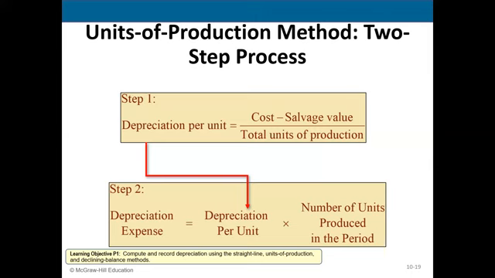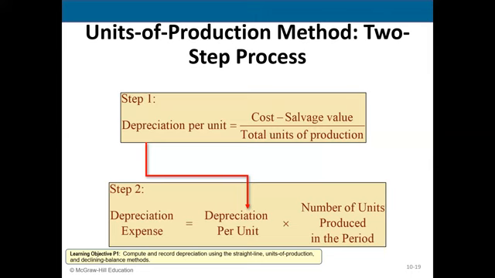I need to depreciate the value of that piece of machinery based off of the number of sneakers I'm producing each year. Because in my business, it's not always the same each year. Okay, so I depreciate based off of usage. That's what units of production depreciation method is. So it's a two-step process. The first step, and we do this every year,